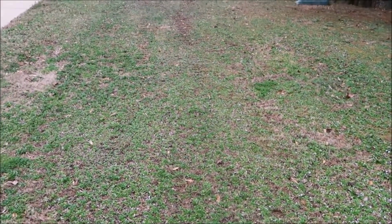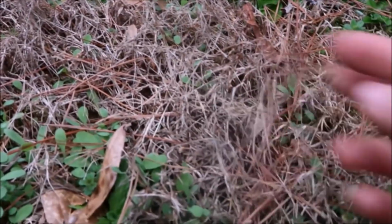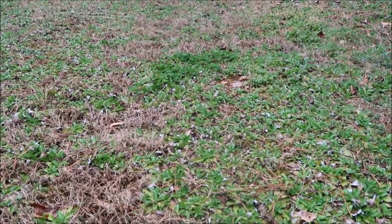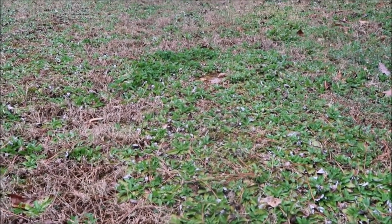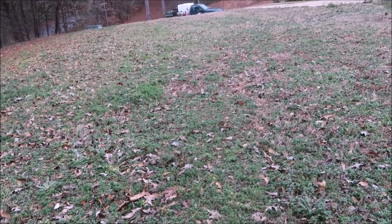Today is the start of a journey, and it's a journey of turning this ugly lawn behind me into a nice lawn. Bermuda yard, late February, and what you see here, let me show you the Bermuda grass. You do have Bermuda here, and it's still dormant even though we're getting warmer temperatures, but the warmer temperatures have made the weeds go crazy. I mean, we're looking at just about every cool season weed I commonly see in this one lawn, mostly cool season weeds, probably a lot of